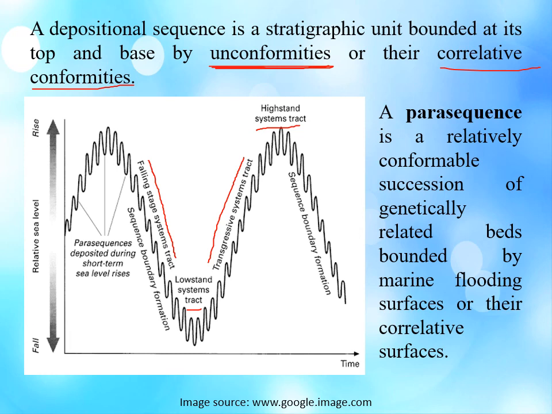I previously told you in your previous class about the bell curve, where you will find different orders of sea level changes. So when you consider sequences or different system tracts, the sea level change occurs on an above 10 million year scale,